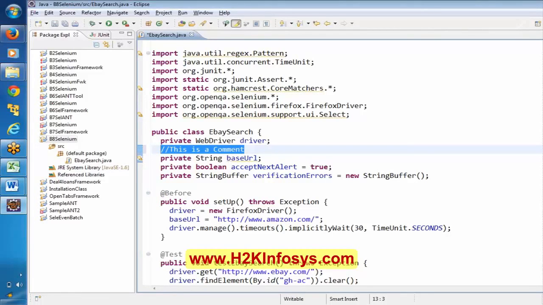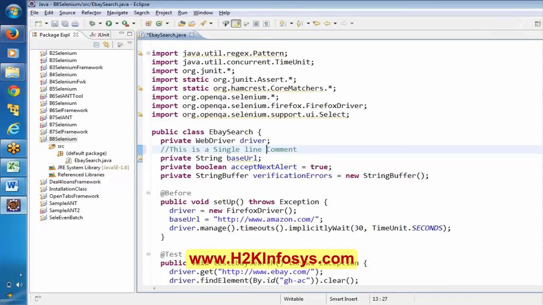During that time this highlighted line will be ignored. It means it is a comment, ignored by the Java software. This is a single line comment. If you want to mention a single line comment, you can use two forward slashes.